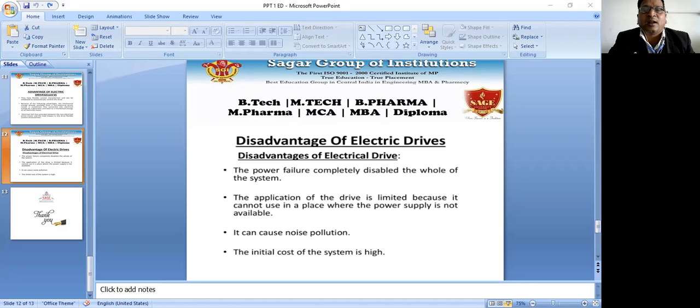And during transient operation like starting, braking, and speed reversing, excessive current is drawn from the source. This excessive current drawn from the source may overload it or cause a voltage drop, so the power modulator restricts the source and motor current. That is the role of the power modulator.